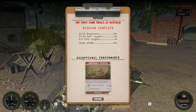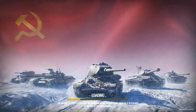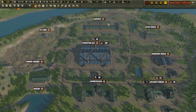Assembly points. Success in attack will greatly depend on methodical and punctual deployment. Deployment phase plus 20, repair phase plus 5. I don't know if this affects the sale itself, or it just affects actual deployment, because your tanks will actually be deployed by countries. So